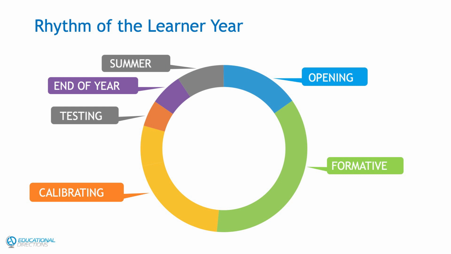So the rhythm of the learner year, when we talk about culture, climate, student as learner, student as performer, is the central hub of everything we think about in terms of how we break up the year, going from the opening of school, the formative period, the calibrating period, prepping for testing, having a good testing cycle and coming out of testing, and finally ending the year in a way that jumpstarts the following school year, and then everything the adults need to be doing over the summer to get ready for that. And sometimes we're even lucky enough to have our students a little bit too.